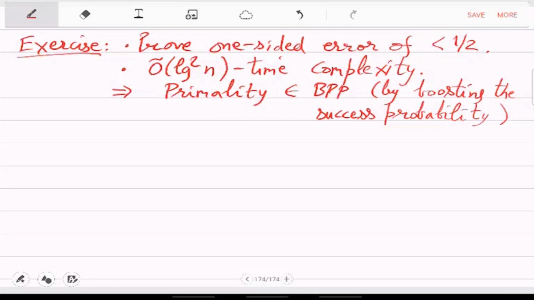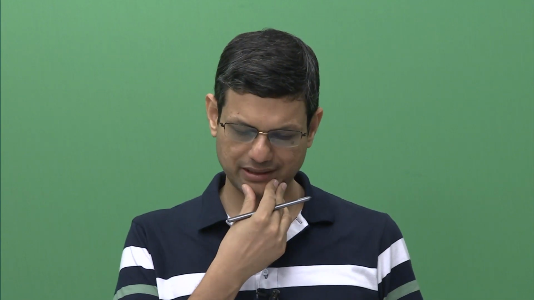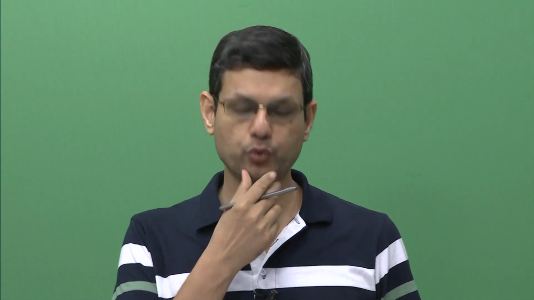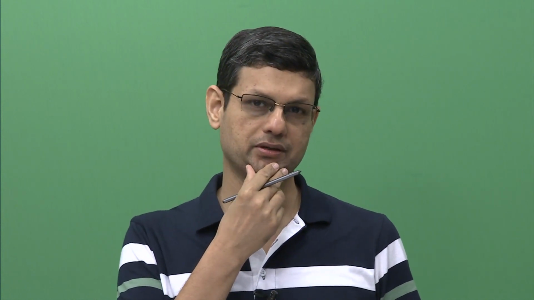Okay, given a number n in binary, is it prime? So for this, the randomized algorithm that was first given by Solovay-Strassen is: pick a random number a, and then compute this exponentiation a raised to (n-1)/2 mod n. This will come out to be plus minus 1, and you compare it with the Jacobi symbol (a/n), which is also plus minus 1. If the two are the same, then you output yes, n is prime, otherwise you output no. You can show that this has one-sided error. No error on n prime, but some error